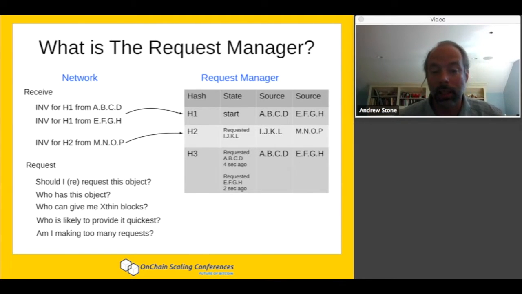Who has it as an extend? That's advantageous because extend entities can supply the block with much smaller bandwidth. Who is likely to provide it quickest? We keep track of latencies between requests and responses for both transactions and blocks. And am I making too many requests to a particular source? These are the sort of questions you can now answer when deciding who to ask, what source to request data